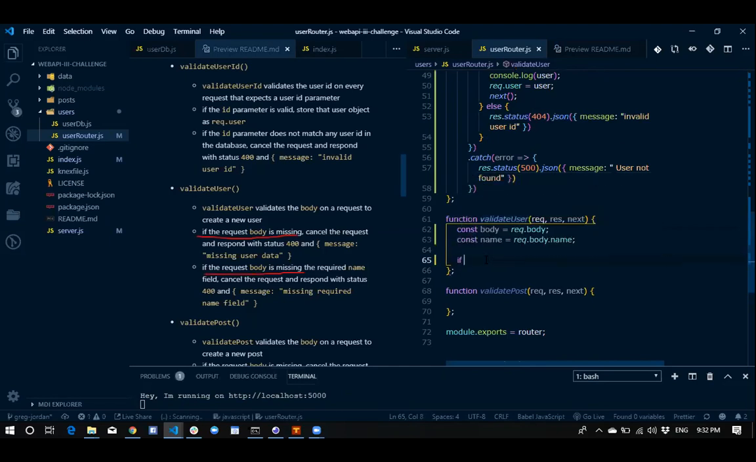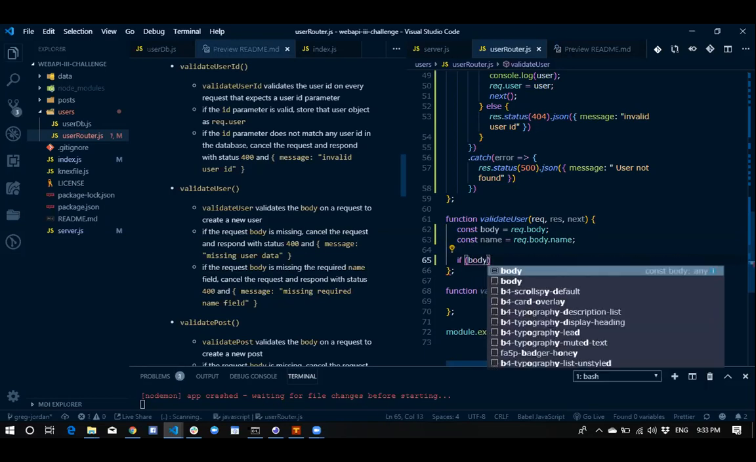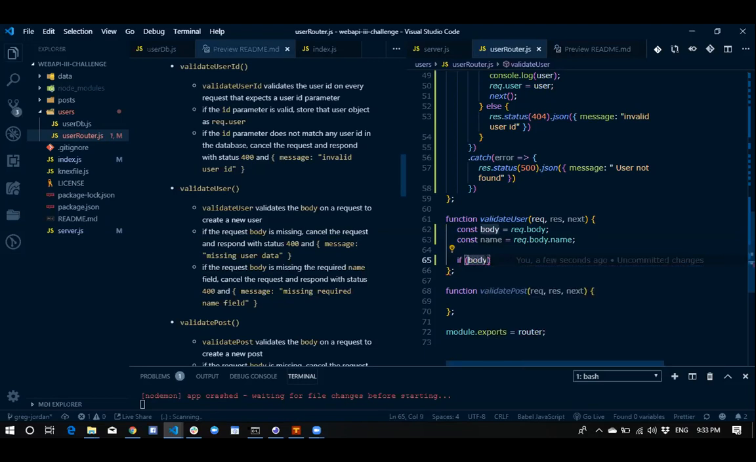So let's talk about it. So if there's no body, cancel the request. And if the body is missing the required name, cancel the request. So these are two separate if statements. Exactly. So this is if, this is else if. Right. So if the request body is missing, so if it's no request body,